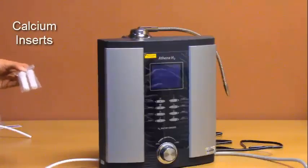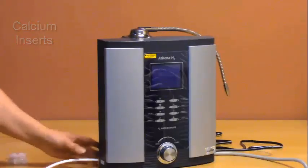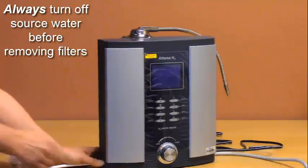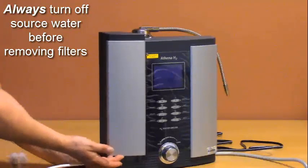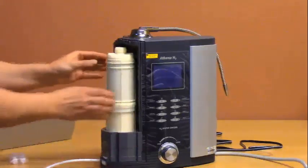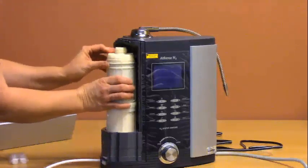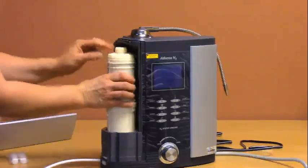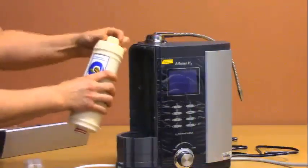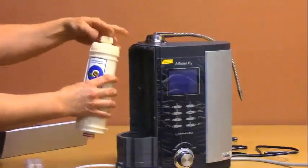I will show you where you would install them. Remove the filter door by pressing the button at the bottom while pressing upward on the door, and gently remove it. Remove the filter: turn it counterclockwise to the unlocked position, pull the filter out, remove the cap at the top of the filter,